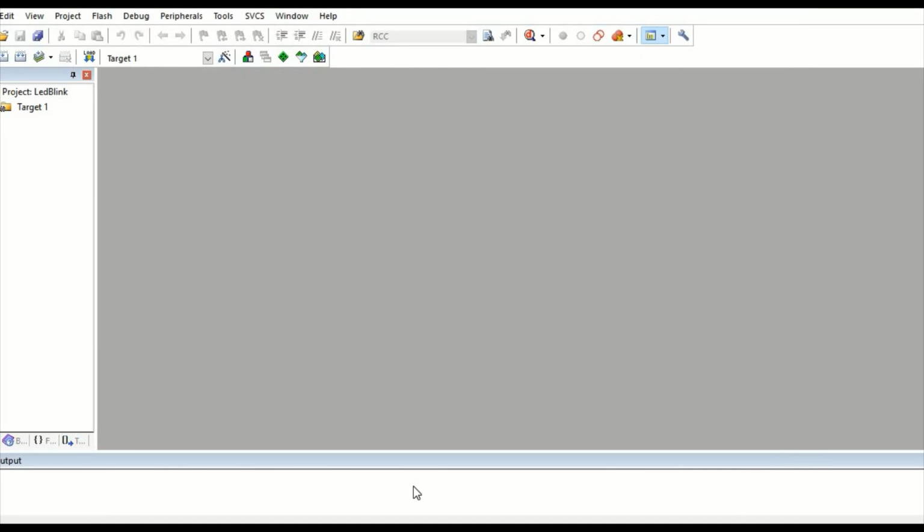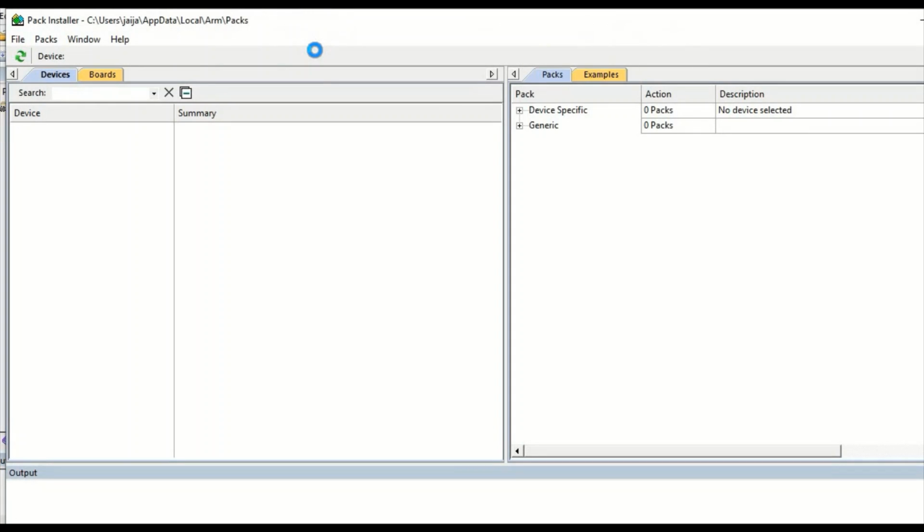You need the pack already installed in your IDE before you can make a project for your microcontroller. So for that you can go to this option, this one, Pack Installer. Go to here. A new window opens, that is Pack Installer. It is loading.